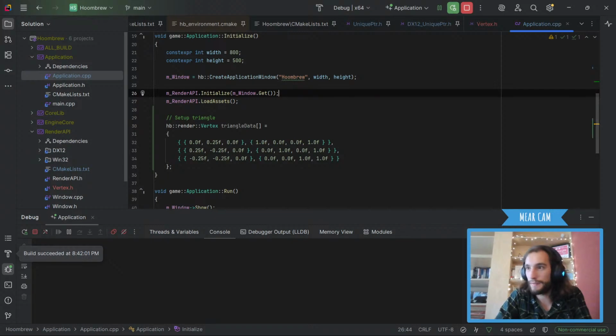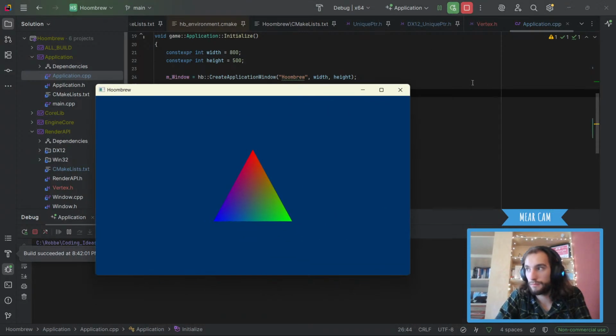Because the only thing I have at the moment is a triangle. It's a color triangle. But yeah, we're trying to make that triangle a bit more generic so that we can spawn another one if you want to. And then hopefully by the end of maybe next stream we can have a cube. That would be interesting.